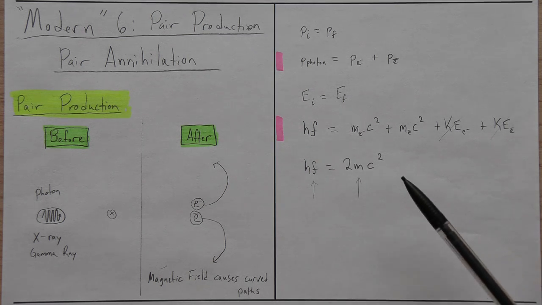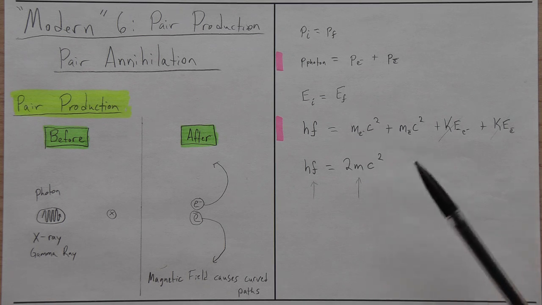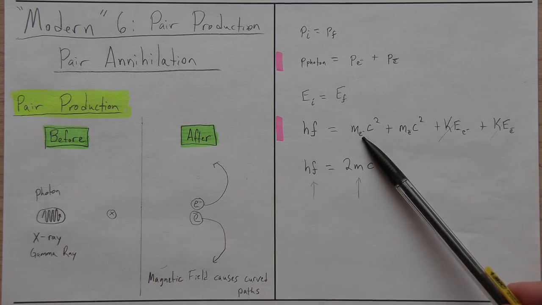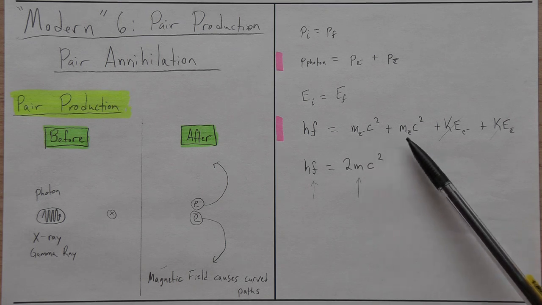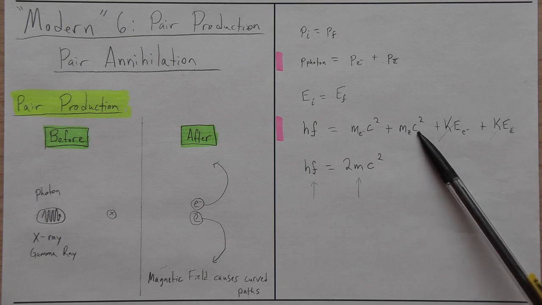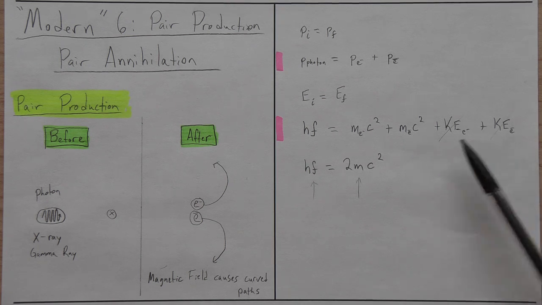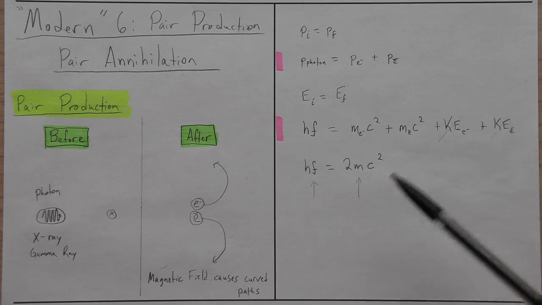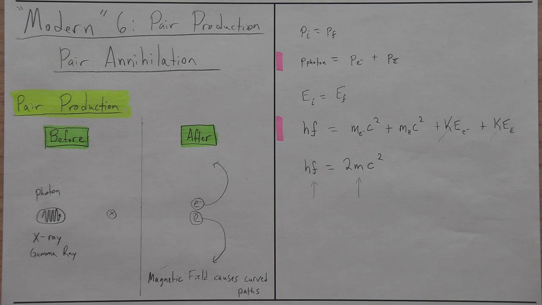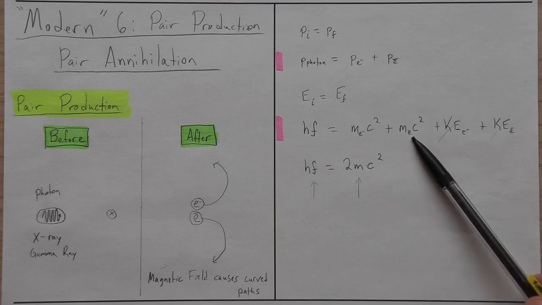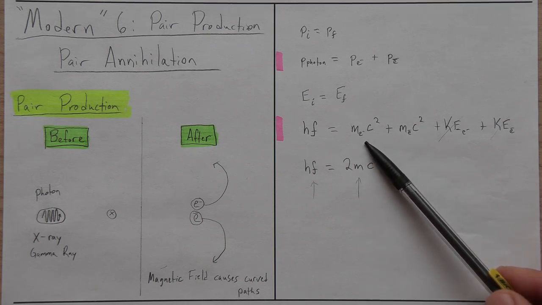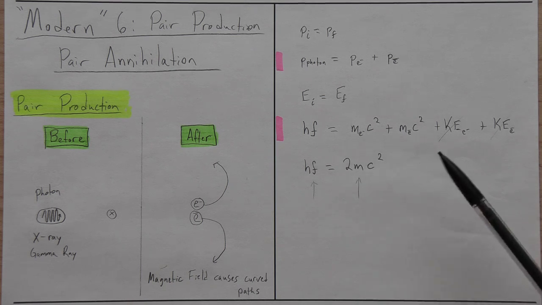After, when the photon disappears, we've got the energy that's associated with the mass itself, mc squared. Right? So for the electron, mc squared, and mc squared for the positron, and each have kinetic energy also. Now we're going to assume the kinetic energy is negligible, so this would represent the minimum energy necessary coming from the photon. And so what we have on this side, because every particle and antiparticle have the same mass but opposite sign, these are the same m's, we could combine this side to 2mc squared.